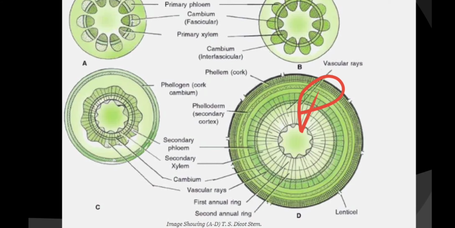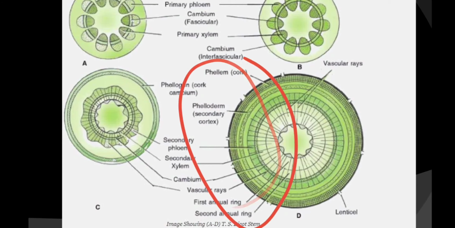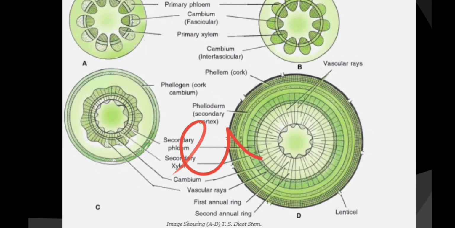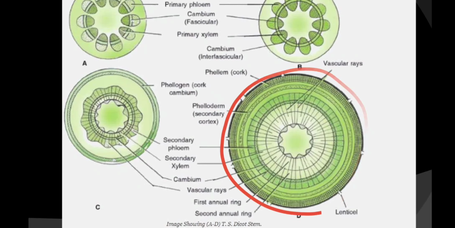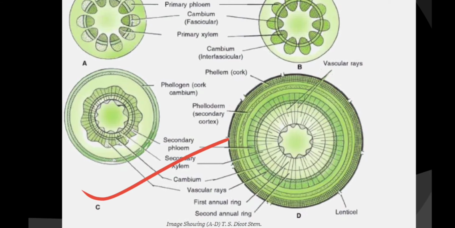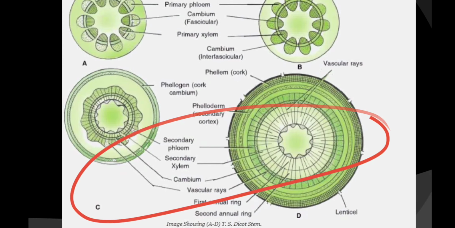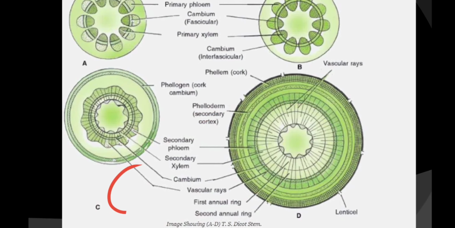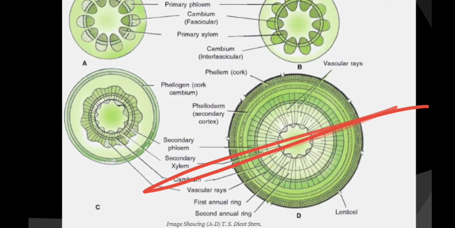So phellem, phellogen and the phelloderm together make the periderm layer. So the outer periderm layer is formed in the dicot stem. This secondary growth is due to the vascular cambium as well as due to the cork cambium. These cork cambium and vascular cambium are formed from the lateral meristem. They increase the girth of the plant. That's why it is called the secondary growth.